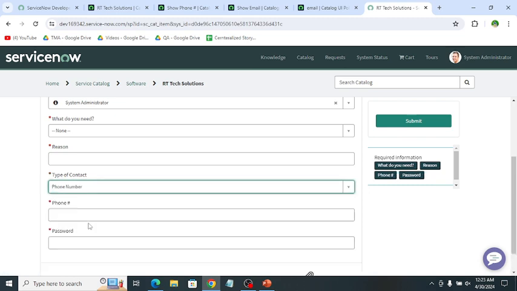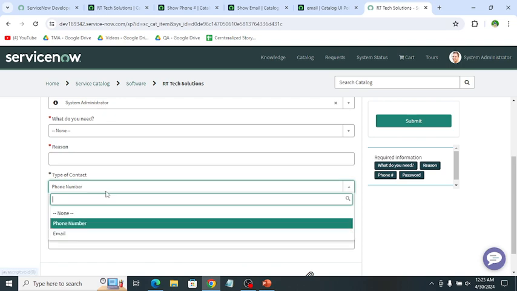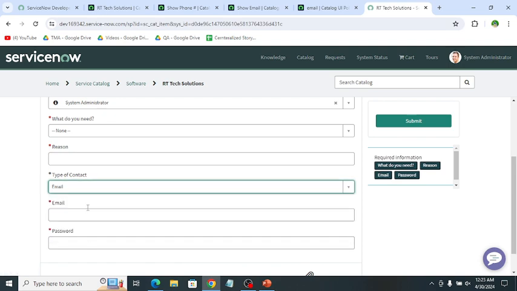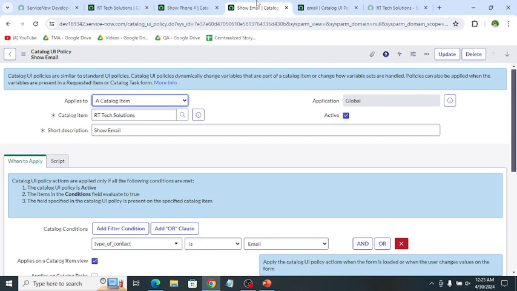When the user selects phone number, then it displays phone, and if the user selects email, then it shows the email field. So in this way we can create UI policies for catalog items.